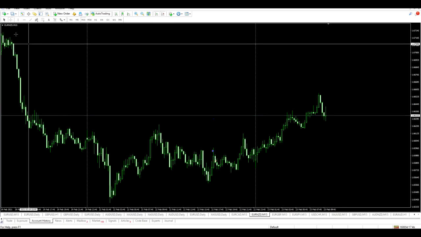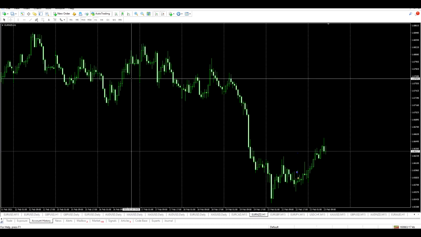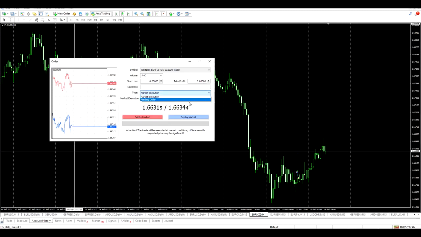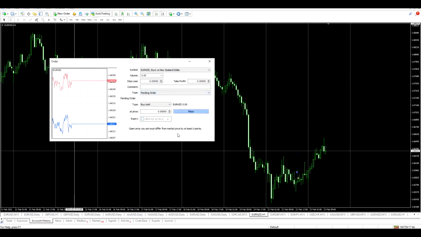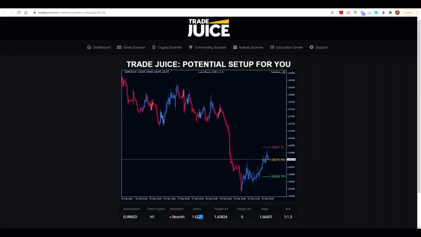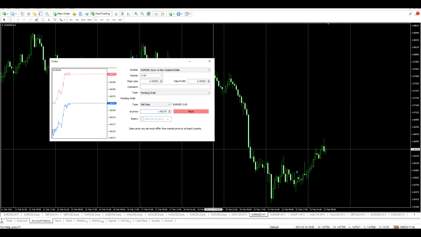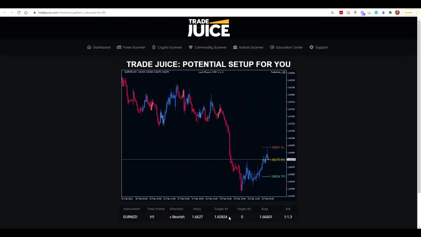What I'm going to do is go to the New Zealand dollar, and I'm going to go to the 1 hour time frame, and I'm going to enter a new order. Price is not yet at the point of entry, so I'm going to set up a pending order. All I'm going to do is copy the entry, and I'm going to put that in, and we're going bearish, so I'm going to put this in as a sell stop at price such,